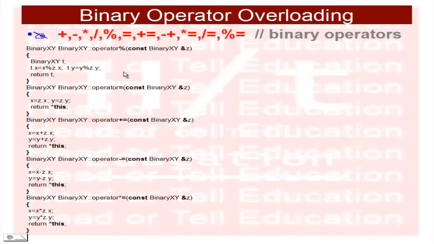So the other one is the mod sign, again the same, created here binary xy t, and t dot x equal to x percent, that is mod, z dot x, and t dot y equal to y mod z dot y, and return t. Okay,